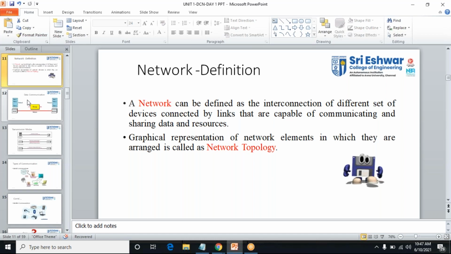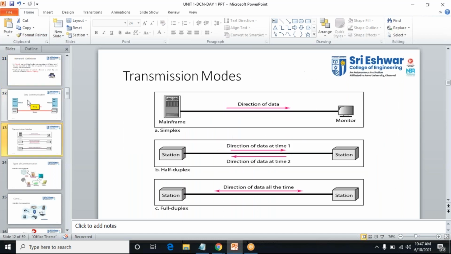And also we have seen the transmission modes, right? Do you all remember this? What are the three modes of transmission? Can anyone name those transmission modes? Simplex, half duplex, and full duplex. Yes, very good, Sanjeev. Simplex, half duplex, and full duplex. These are the basic things.